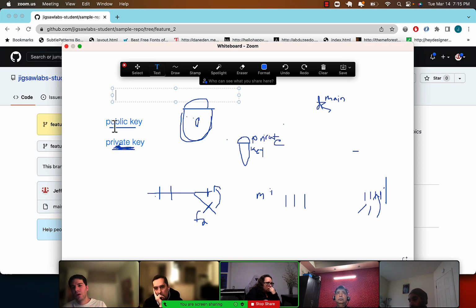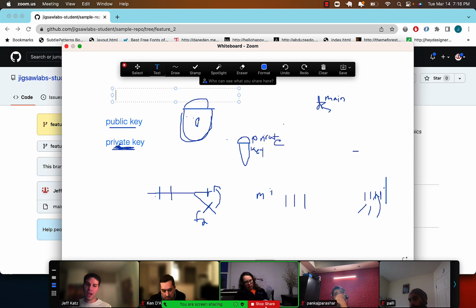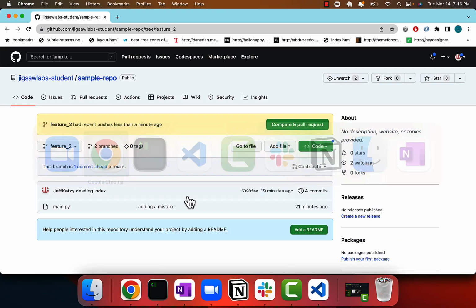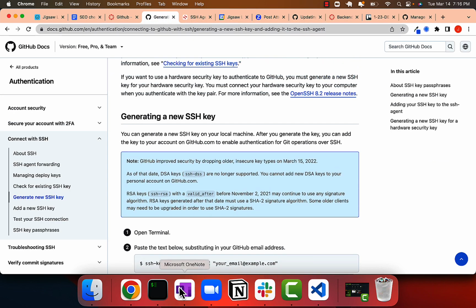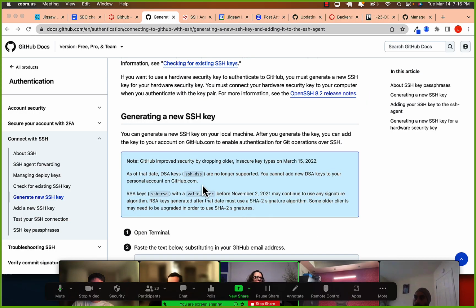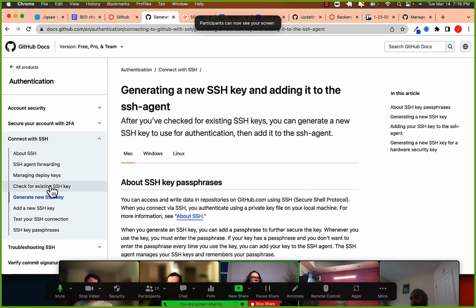All right, so you'll store the public key on GitHub, and the private key will be on your computer. And when you push or pull, right, basically you are authenticating that, hey, you're logging in essentially with your private key, just like your password, right? And saying, okay, that you are allowed to do this. All right, so that's the idea. In terms of how you actually generate that thing, I can just show you. The documentation is very good, and I don't feel like boring you too much with it. So you can start with this